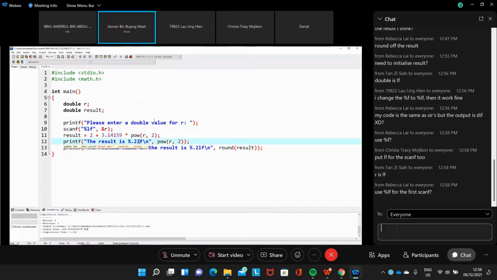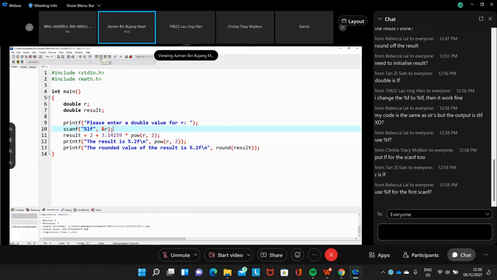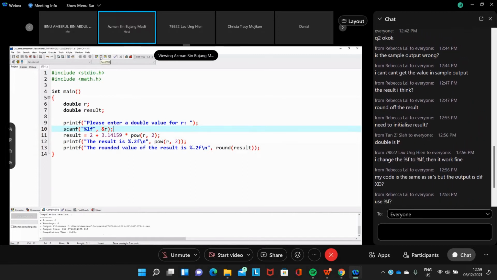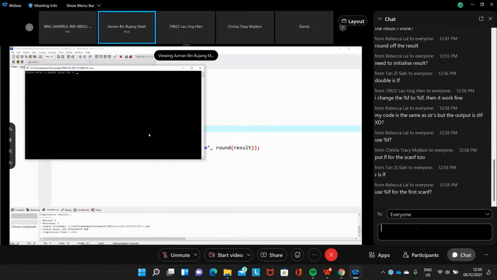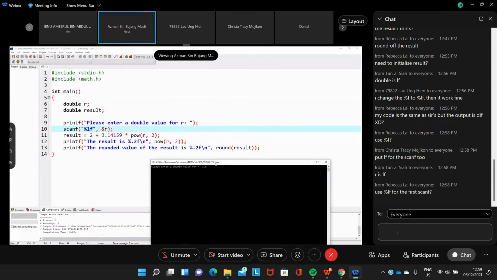So if you look at the output, this one actually can be %f for printf. The conversion specifier for this one, when you scan R, cannot be converted to double. So that's why we got 0 for the power, so we get 2 plus 0.